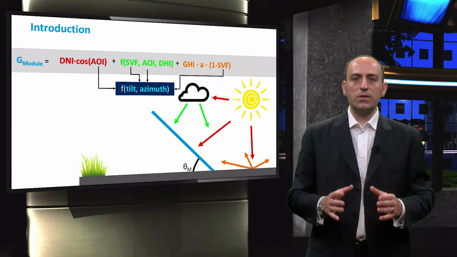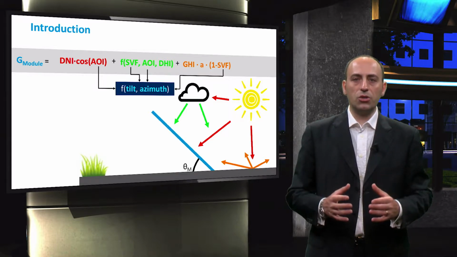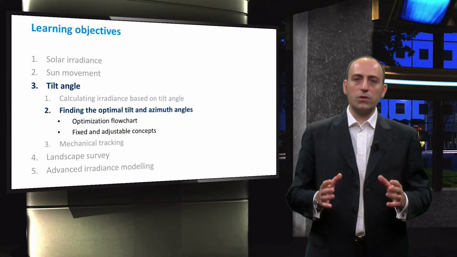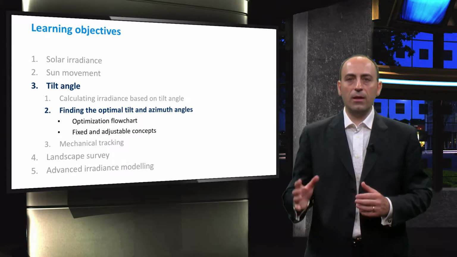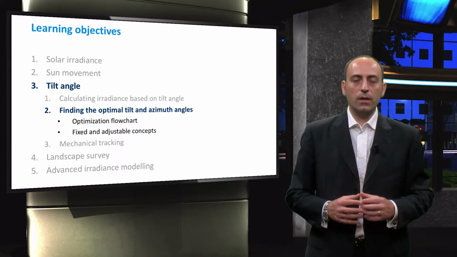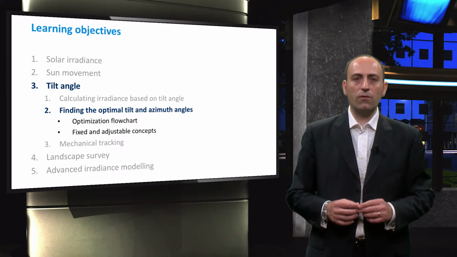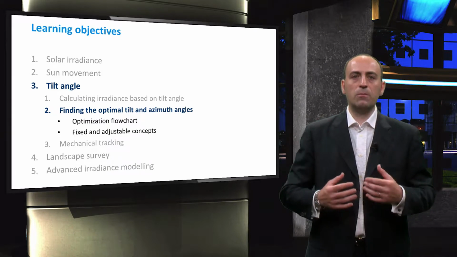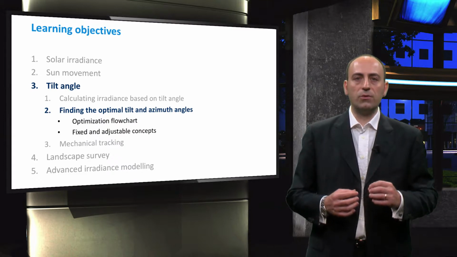So now the goal is to find out for which module tilt and azimuth the annual irradiation on the module is maximized. We will therefore focus on two optimization concepts: a fixed panel and a panel with mechanical tracking. In this video, we will especially focus on finding the optimal tilt angle for a fixed panel. First, however, we will discuss the optimization flowchart to get a better understanding of the procedure used to obtain the